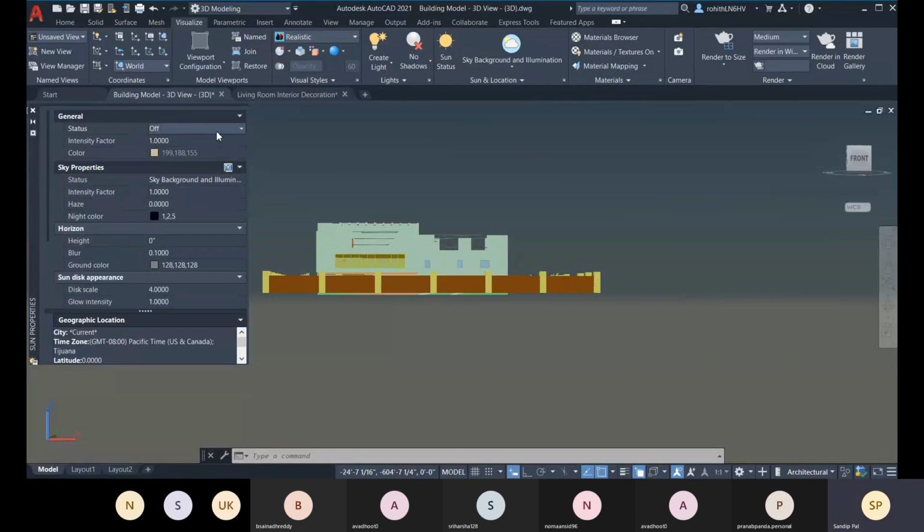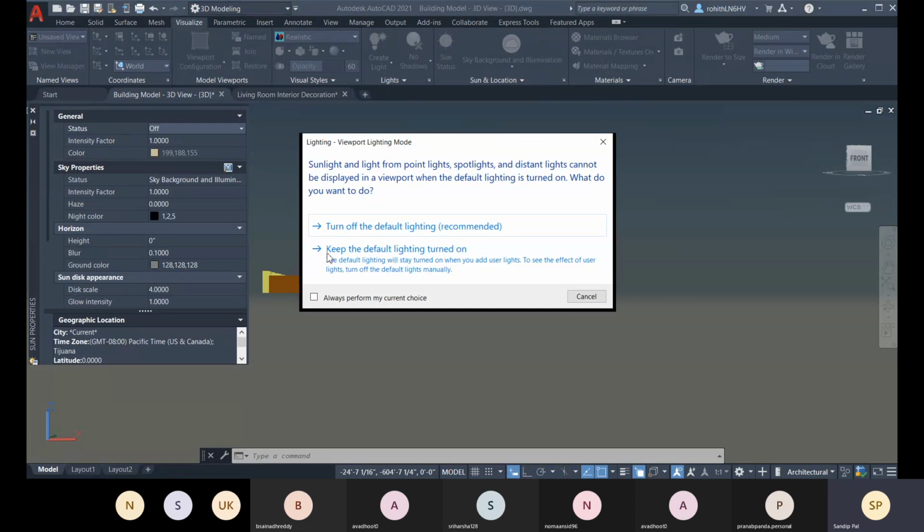These are all the properties. Your sun status is off right now. Let's turn this on. So it will go for this, turn off the default lighting. In AutoCAD, you get some default lighting. You can keep that default lighting on if you need it. It is the recommended option so that you can get lighting as per the sunlight.